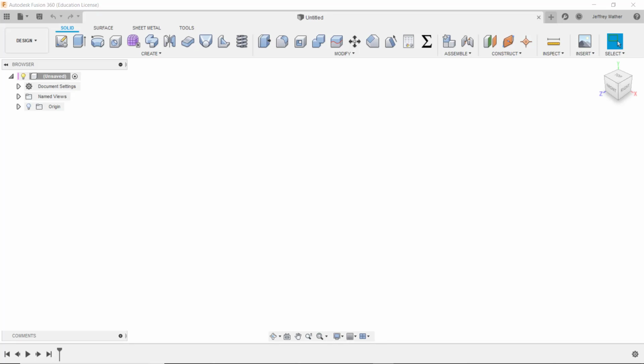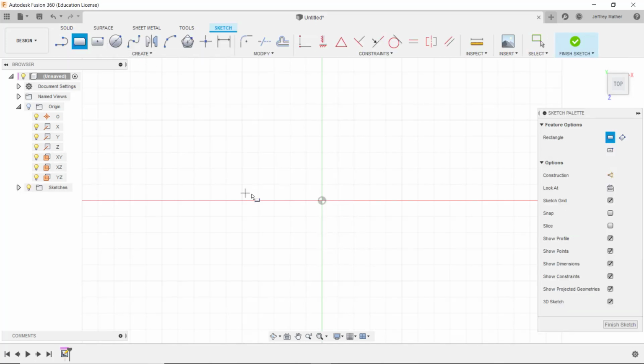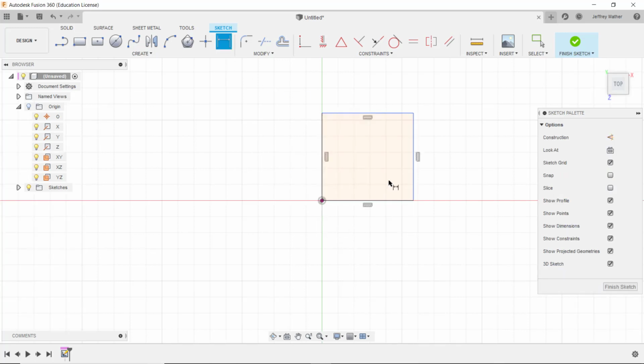I'm going to do this a little bit different than the others did. So I'll go to the top view, and I'm going to start a new sketch on the XZ plane, and I'll draw a rectangle from the origin, and then I'll dimension that rectangle height of 51,